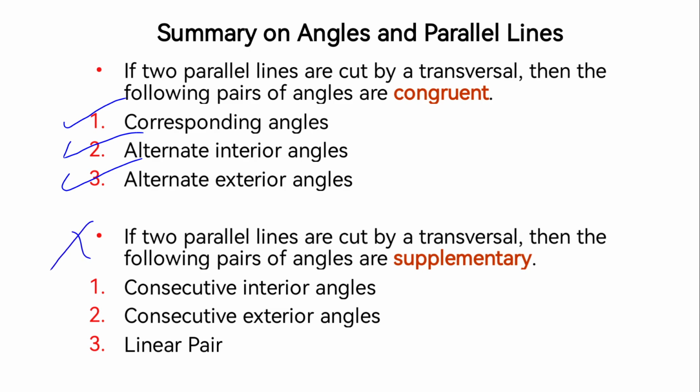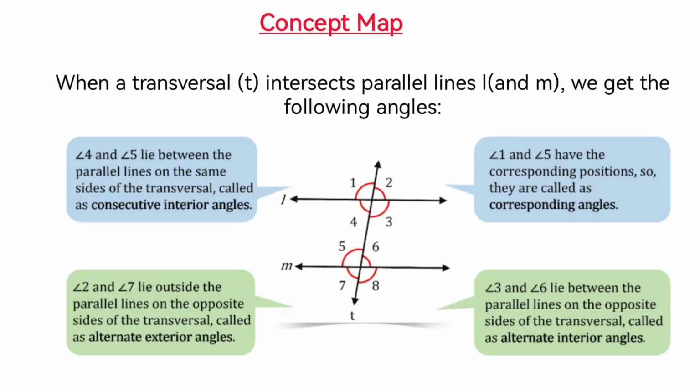While if two parallel lines are cut by a transversal, then the following pairs of angles are supplementary. So we have here consecutive interior angles, consecutive exterior angles, and linear pair. To show the concept map of the relationship, so we have it here. There is the transversal T that cuts the parallel lines L and M, and there are so many angle pairs